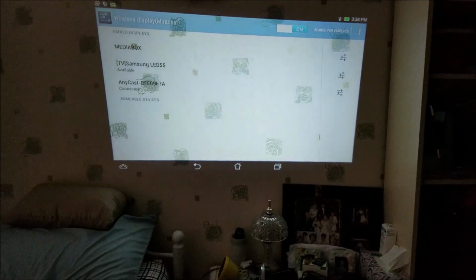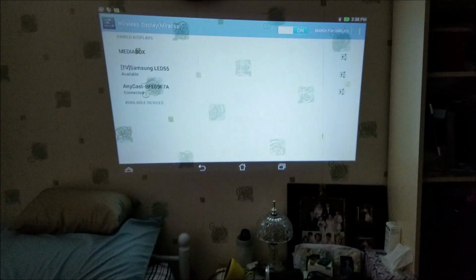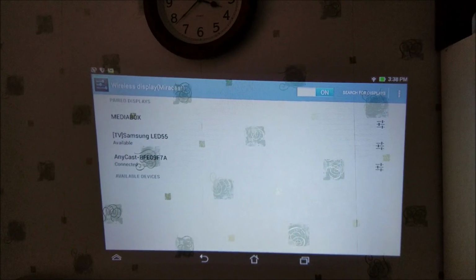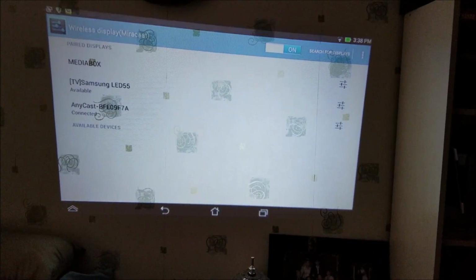And as you can see, it's projected on the wall. This is actually with the blinds kind of shut, but actually a lot of ambient light leaking. The image is about like a 40 or 50 inch image right now. You can see the clock kind of as a size reference. But yeah, it all works. Just go home here,